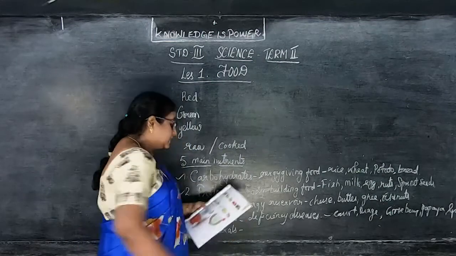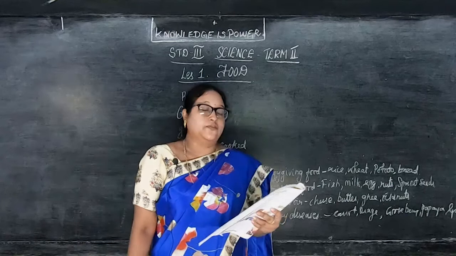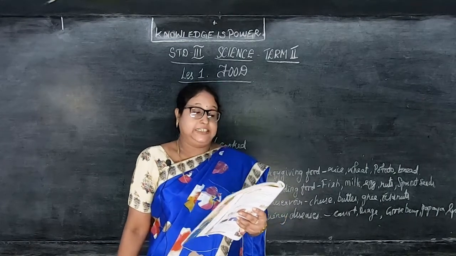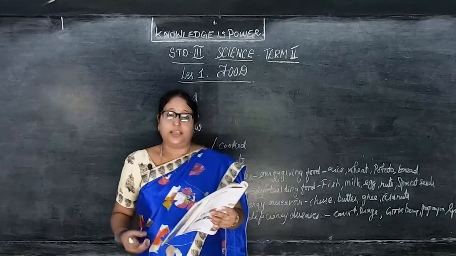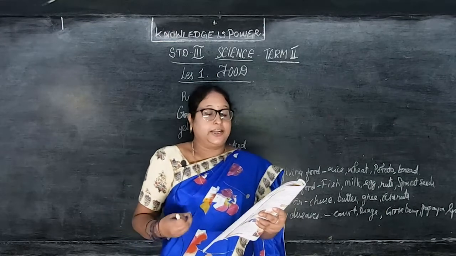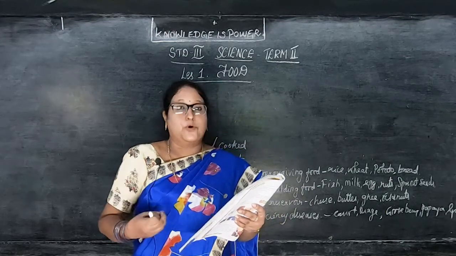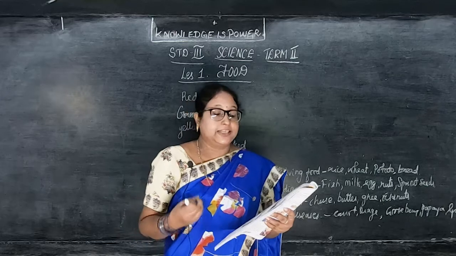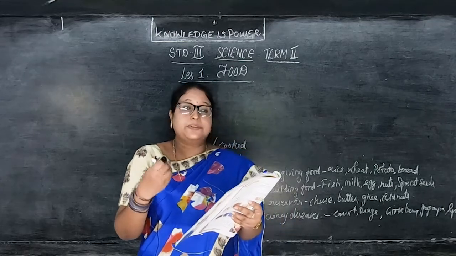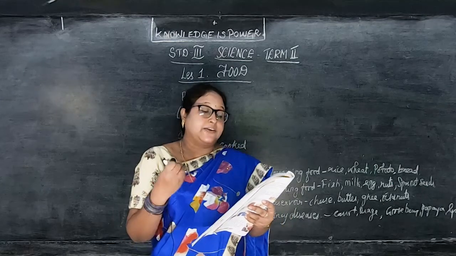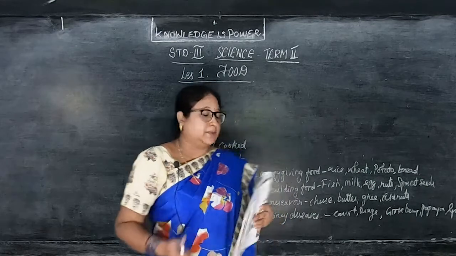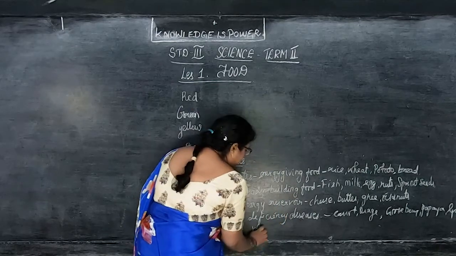In that, minerals help in the formation of blood, bone, teeth, etc. So formation of blood, okay. For blood circulation, you have to take minerals in the body. Then bone, okay. Bones should be good, and teeth too. To maintain this they help in the formation, and they regulate the body functions. So minerals help to regulate the body functions.